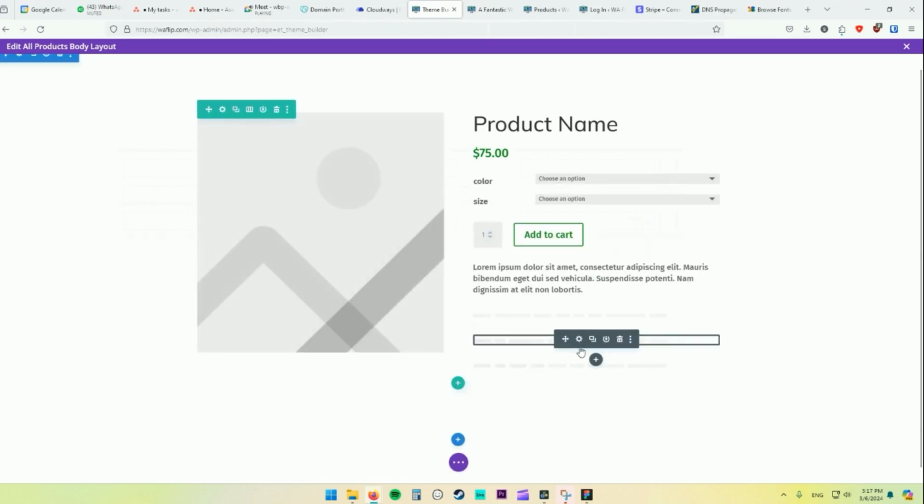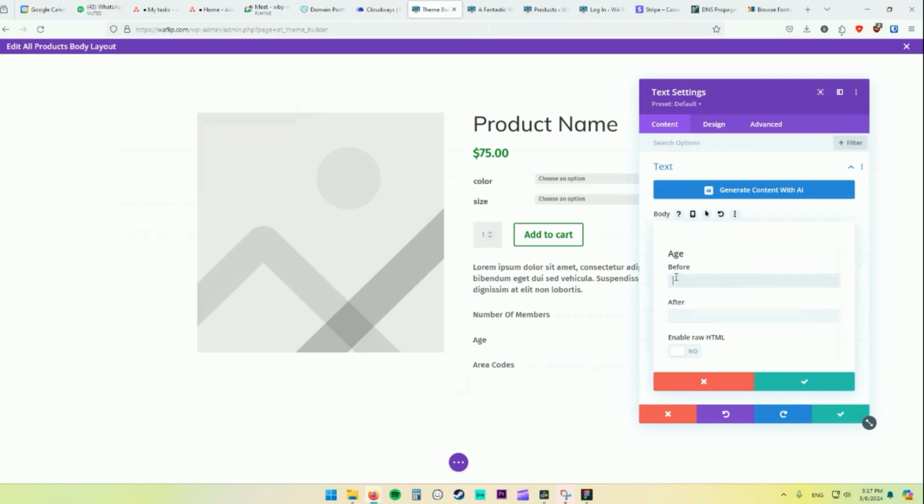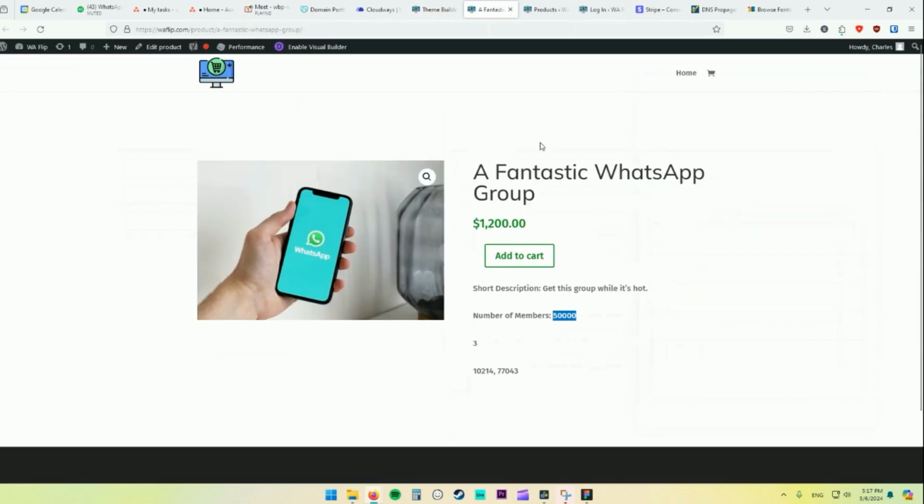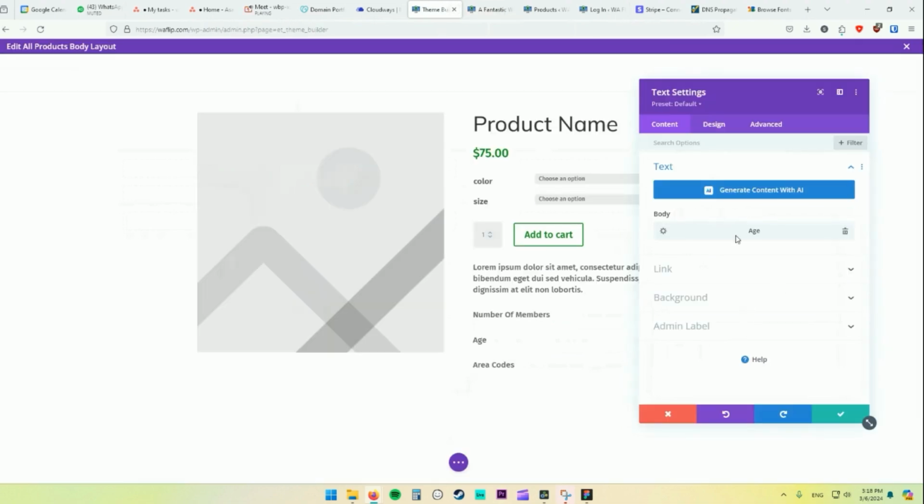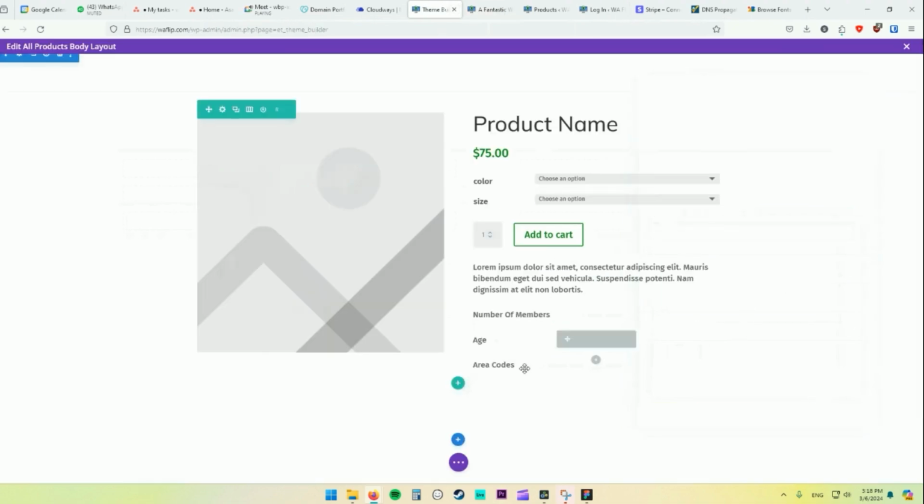In builder, we're going to call this number. We're going to say text before it's going to be age and a space. Let's make sure there's a space. Yeah, there is a space there. And let's also add here